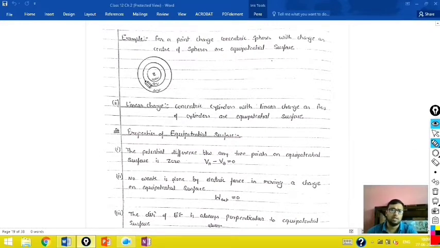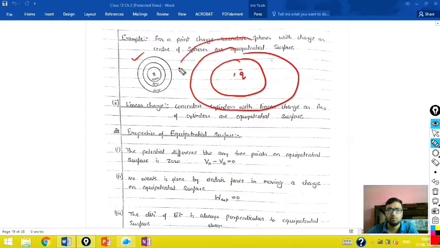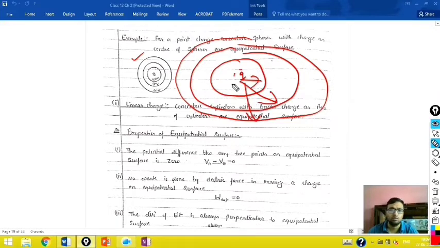Here it is explained that for a point charge, actually this diagram, if it is not visible to you, I am telling you that one positive charge is kept over here, and for this point charge, what will be the shape of equipotential, I have already explained to you. These will be the equipotential surfaces, meaning a circle or a sphere of equal radius, those will be equipotential.